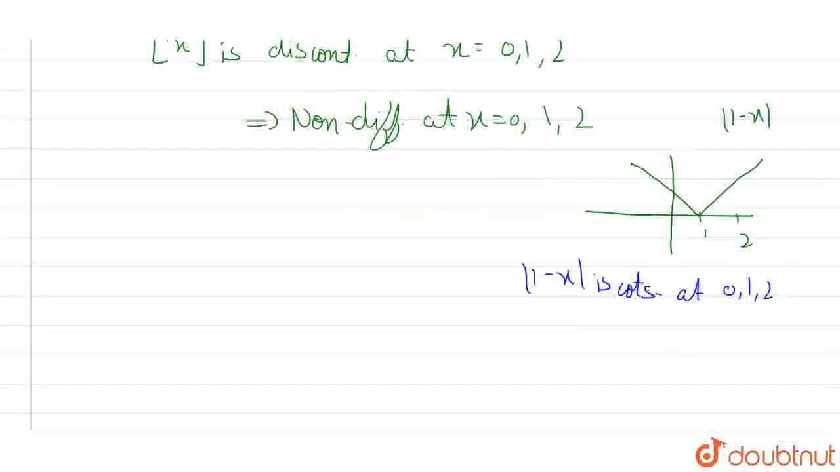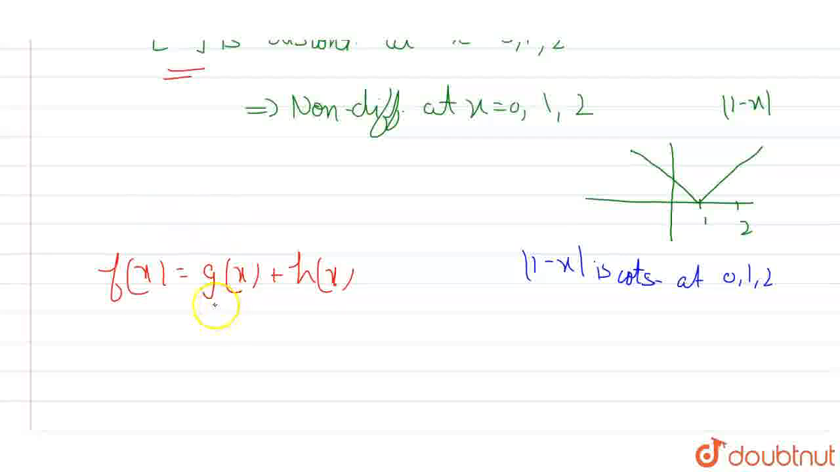So whenever a function is given to us in the form of f(x) = g(x) + h(x), if either g(x) or h(x) is discontinuous, then the whole function will become discontinuous. Even if the other function is continuous, it will not affect the statement. So basically we know that our function here, the greatest integer of x, is discontinuous, and the other is continuous at 0, 1, and 2. But eventually, if any of the functions is discontinuous, the whole function will become discontinuous. So we can say that